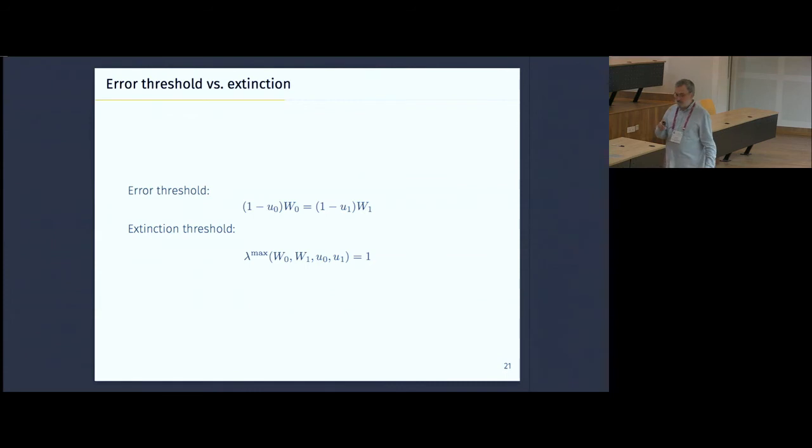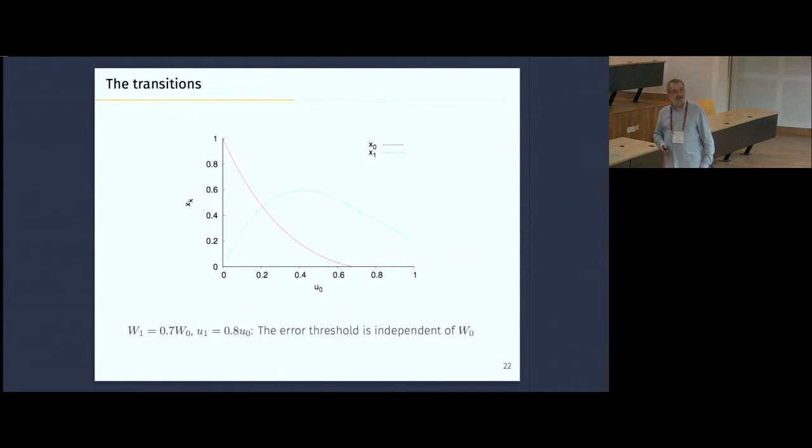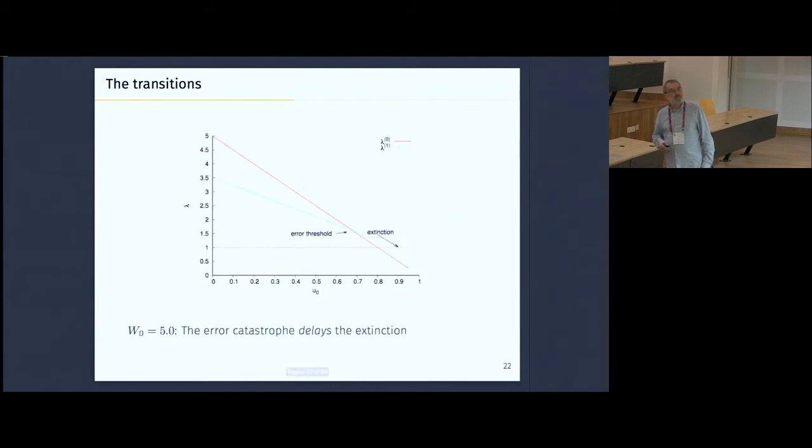There are two equations. And then what you get, okay, so we get the transition. So here I put the two values as a function. But say, let's put it in this way. Here we have the mutation rate. Here we have the relevant factor. So one is this line here. This line here corresponds to the